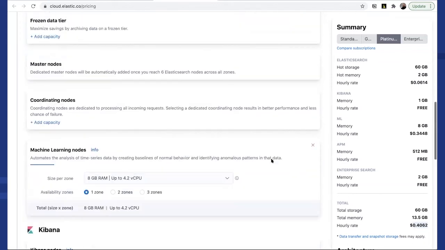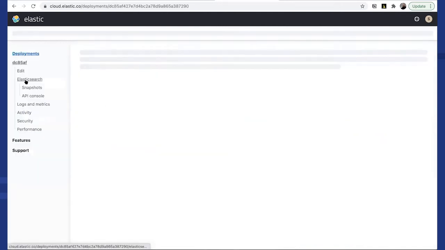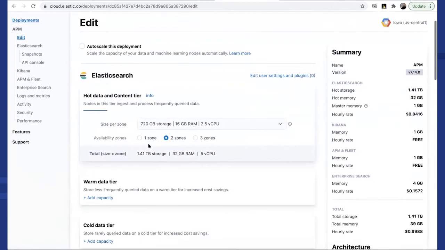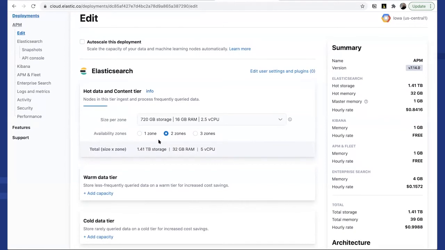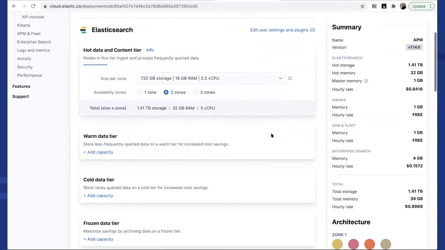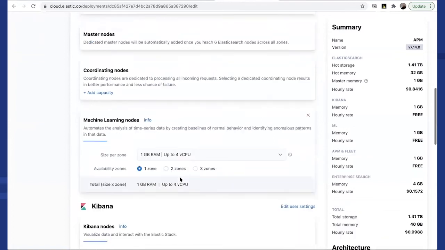All right, so now let's move to the cloud portal. So this is your one-stop shop. When you have access to our software, the SaaS software, you have access to this cloud portal, and this is for managing your deployment as well as your billing. Now, you can see that I have a couple of deployments that I'm running, and the same deployment pricing page that I saw, you can see this in the console for your deployment, and you can see how, for example, adding a machine learning node impacts your bill.